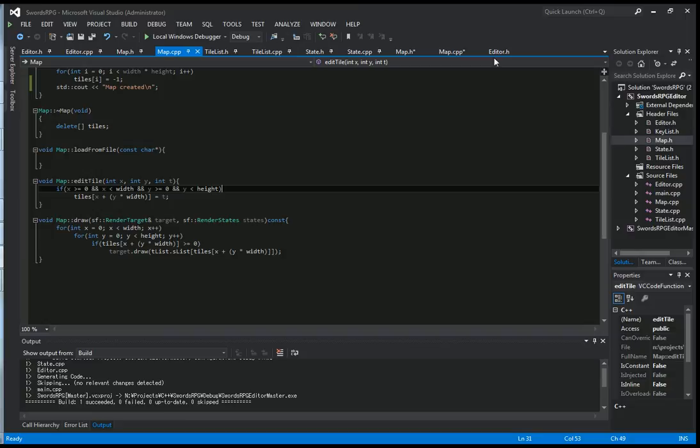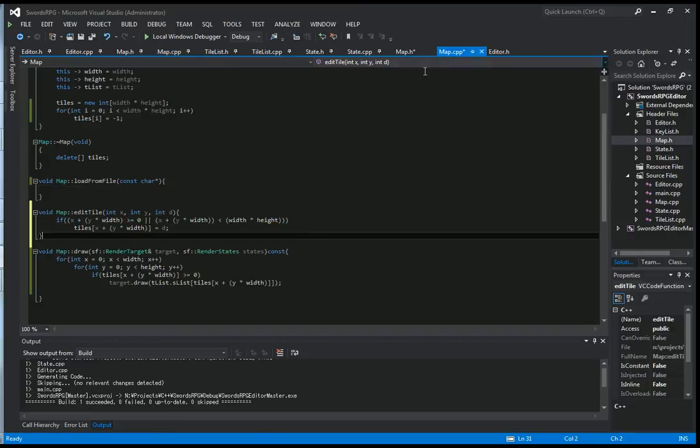And what I did over here was I didn't bother working with boundaries, because what we're doing is we're putting data right into an array. The only thing we need to check is if we're within the bounds of the array. And so